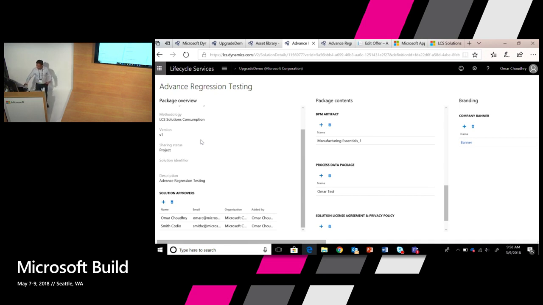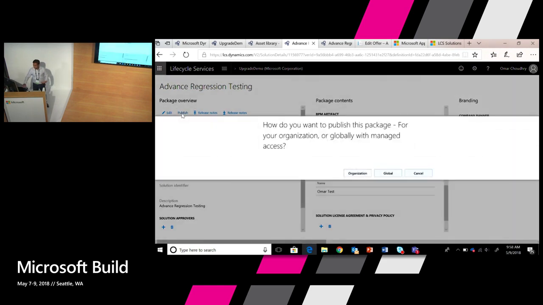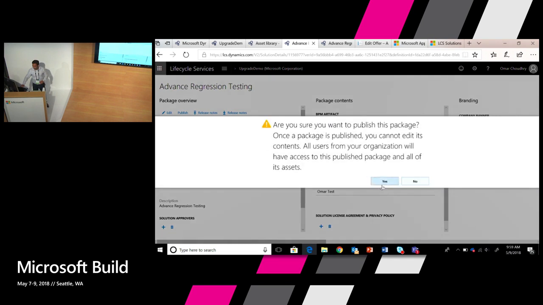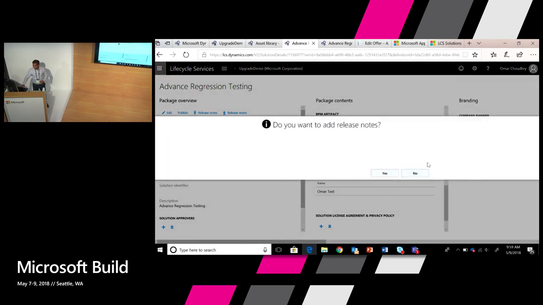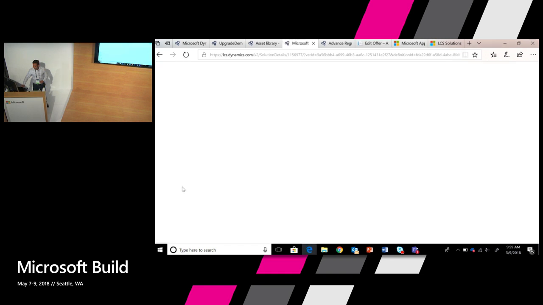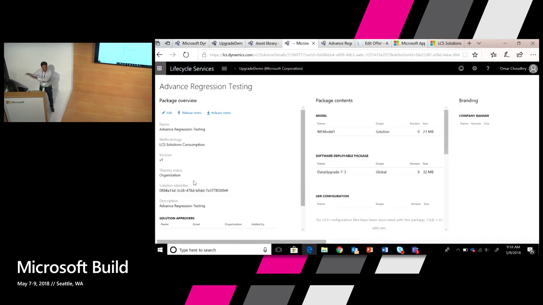Okay. So once you've brought all of your content and bundled the solution package, you would go through the process of publishing this. You can either publish this within your organization, or you can publish this globally. So we'll just say we'll publish it within our organization. And what you'll see happen is that a solution identifier will be created. And once that solution identifier is created, that's the key that links this solution package to what Smith just showed you in the